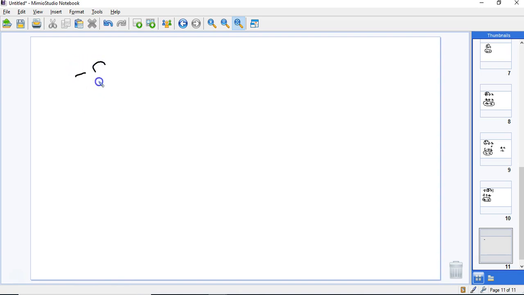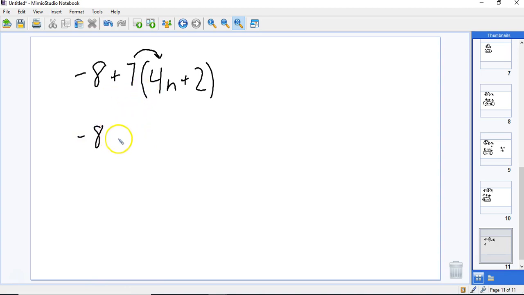We've got -8 plus 7 parentheses 4n plus 2. Once again, distribution problem. I'm going to distribute the 7 to the 4n, copy down my -8. 7 times 4 is 28, n comes along, and then I'm going to multiply the 7 times the positive 2